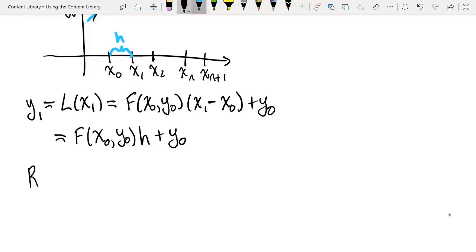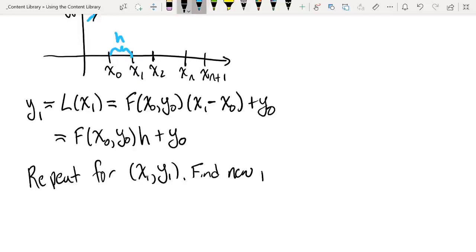There we go. We'll now sort of repeat for x1, y1. We'll sort of assume that our solution goes through x1, y1, or is at least close enough to it, and then find a new point,